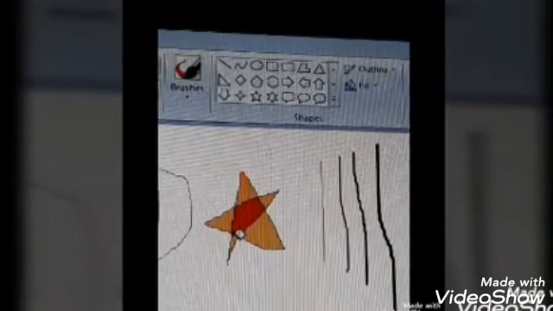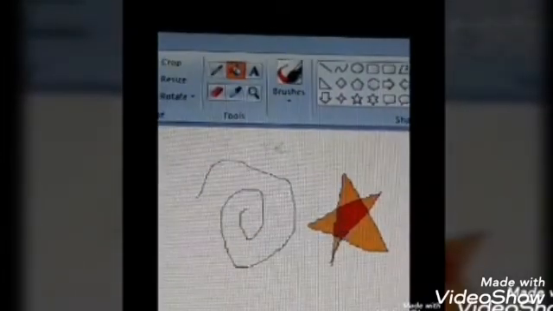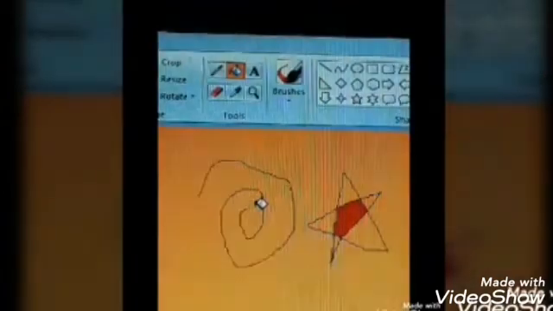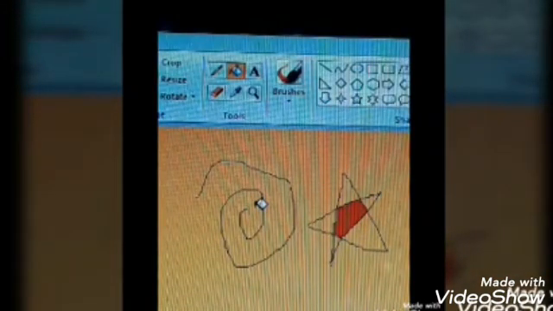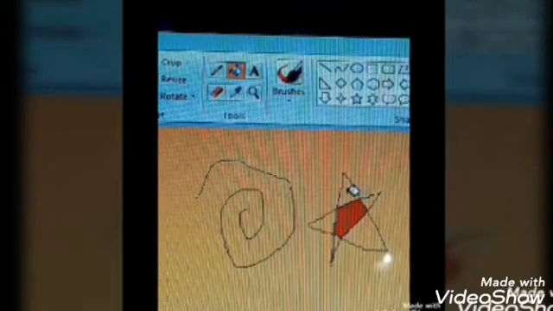Now suppose if I color this shape, now see what will happen. Oh, see, the whole screen got colored. Why did the whole screen get colored, children? Because this is an open shape. It is not like this star, which is a closed shape. When I clicked on a closed shape, only that part used to get the color. But this shape is an open shape, so the color will flow out of the open space. So for open shapes we can't use this paint.